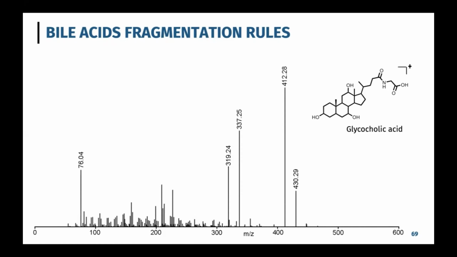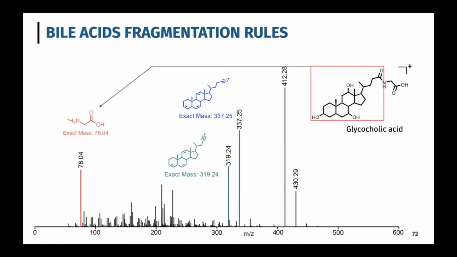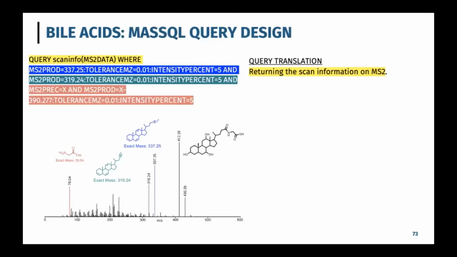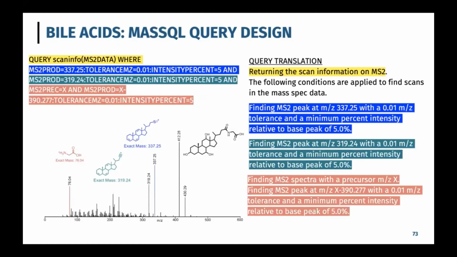the information. So let's take glycocholic acid, for example. Generally, if you have a trihydroxylated core on a bile acid, you see these 2 diagnostic ions. And if you have a modification on there, you see an ion over on the left side. And so we can build rules that basically say, okay, return all MS2 information, or the fragment spectra, that meet the following conditions, that have those peaks at 337 and 319. Of course, we have some tolerances that we set and some intensity thresholds, but you can filter for